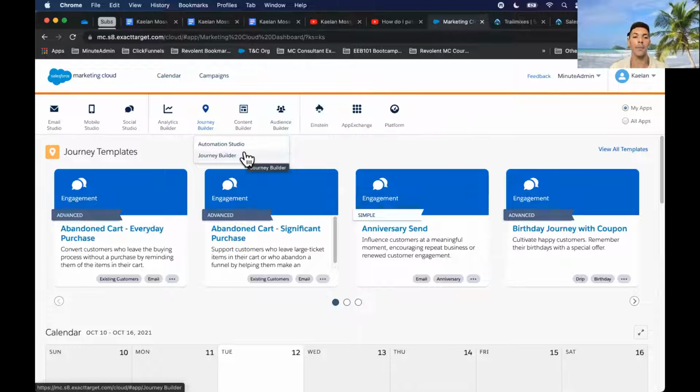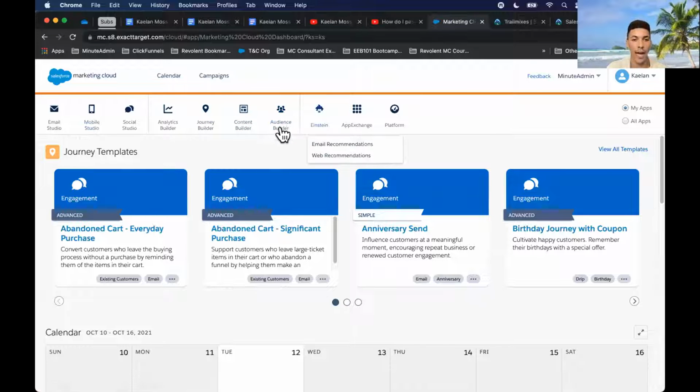So all of those 6 core functionalities that I mentioned fall right within Journey Builder, which holds Automation Studio and Journey Builder, Content Builder, Contact Builder, which holds your attribute groups and data extensions, and then Email Studio, which is one of the most powerful tools as well, which holds data extensions. It also holds Content Builder inside of it as well.